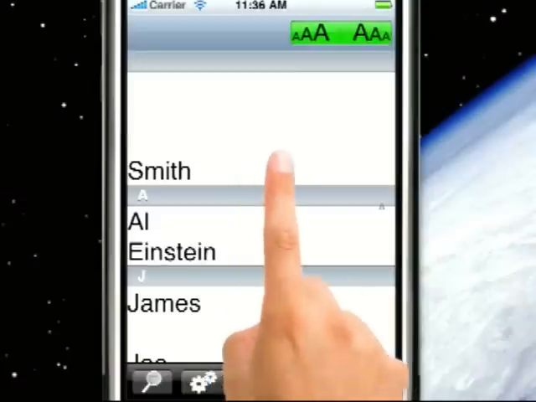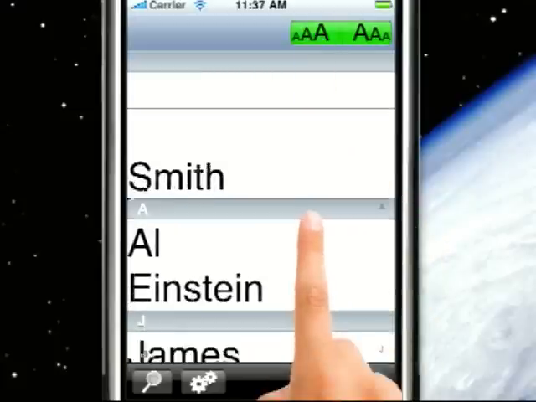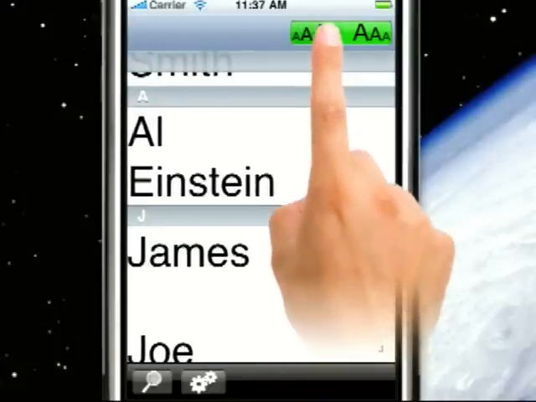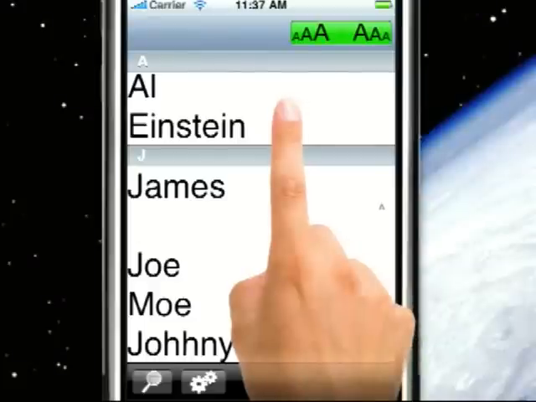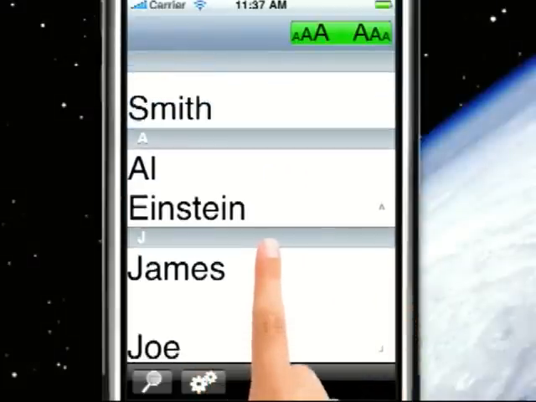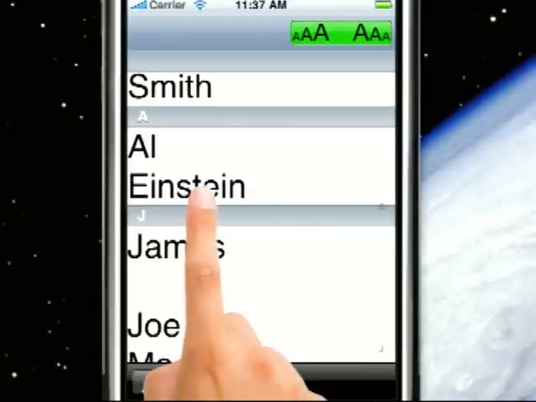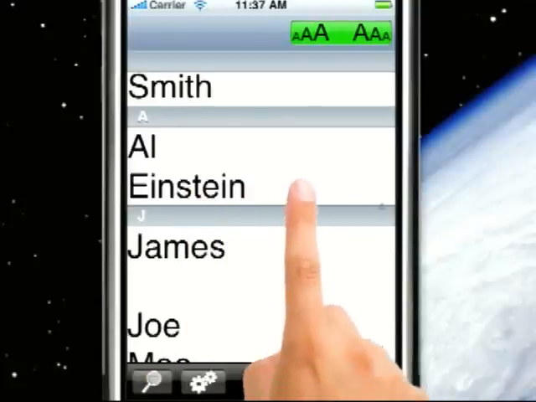Going back to the first screen, we can also increase or decrease the size of the font by tapping the little buttons at the top. But what about those blank fields? Or what if you want to sort by last name and then first name? Just tap the Preferences button,